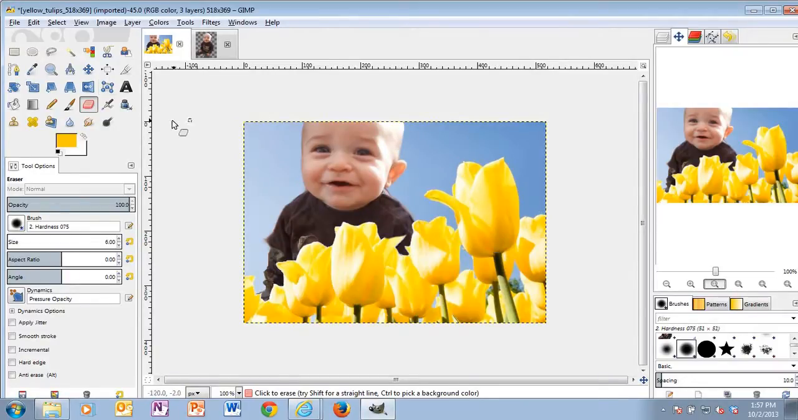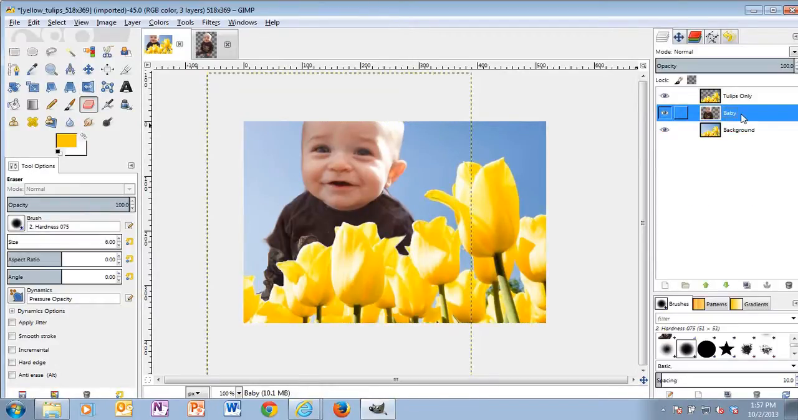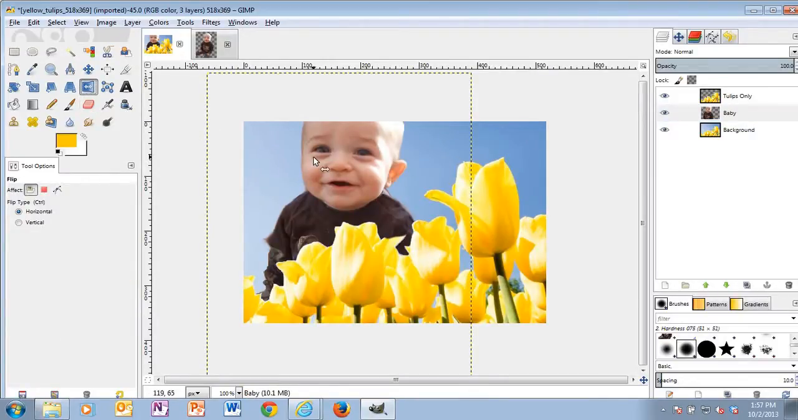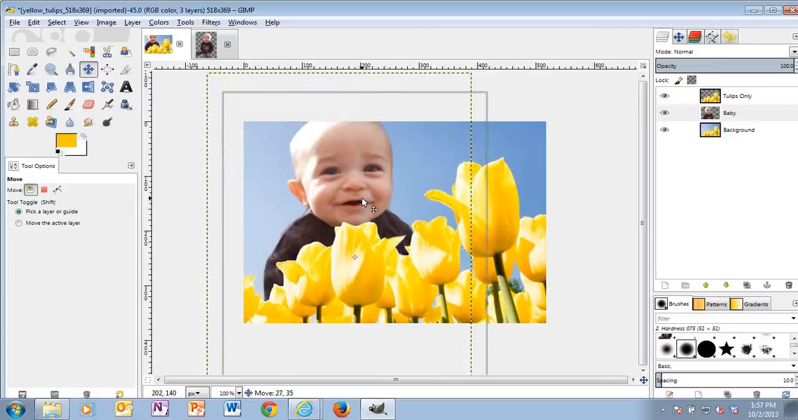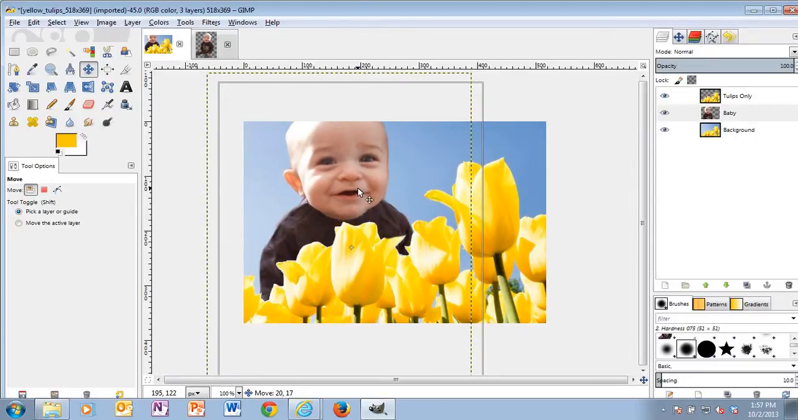So I'm going to make sure I go back to my layers and choose the baby, because that's the layer I want to flip. I don't want to flip my tulips. I'm going to grab my flip tool and click on the baby, and the baby is now facing the opposite direction. The light sources are both coming in on the same side. And again, I can use my move tool and place my baby wherever I want my baby to be. So that looks actually pretty